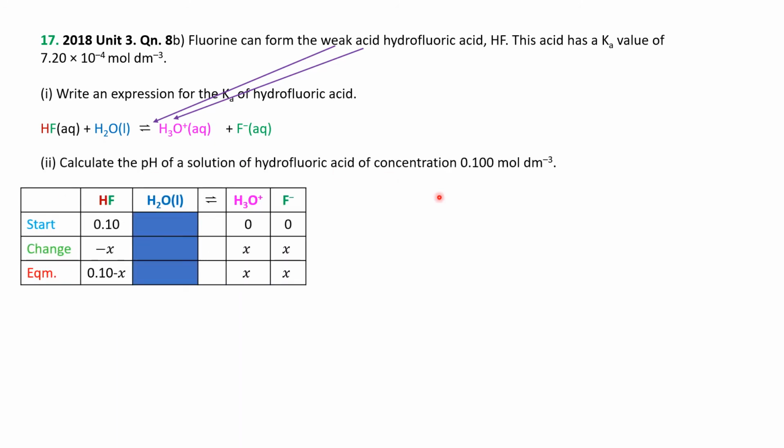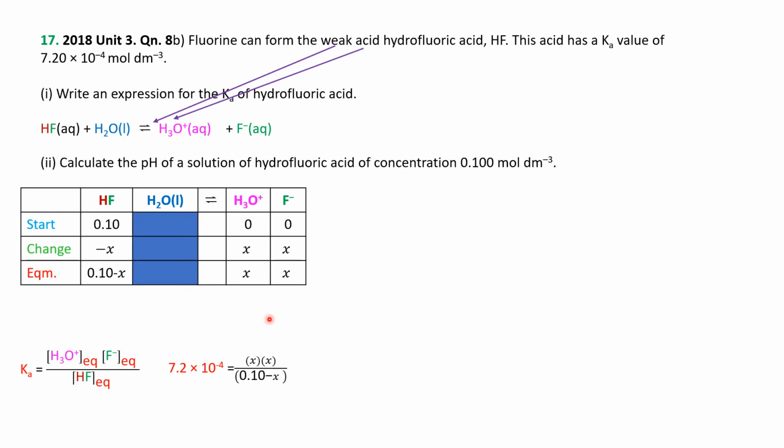Calculate the pH of a solution of this. Well, the concentration of the HF is 0.1, none of the H3O+, none of the F-, then minus X, X, and X, so 0.1 minus X, X, and X. Throw that into our little equation, and we get 7.2 times 10 to the minus 4 is X times X